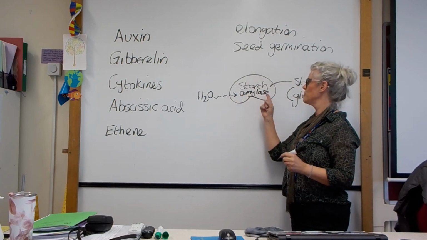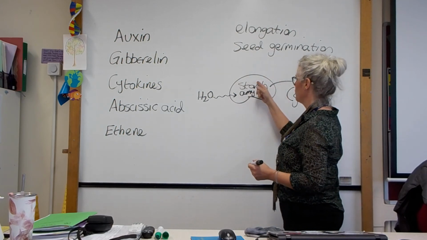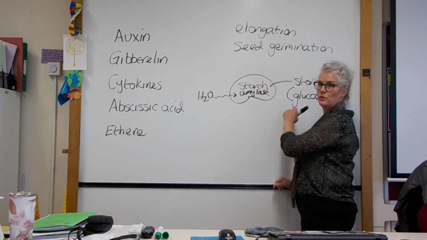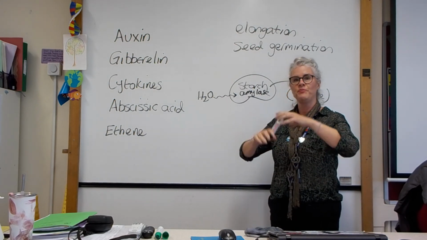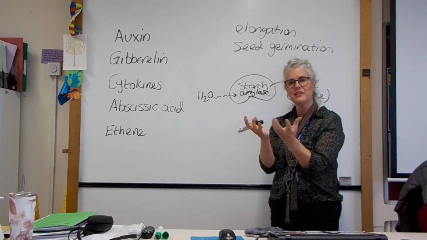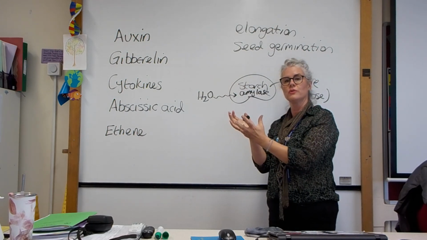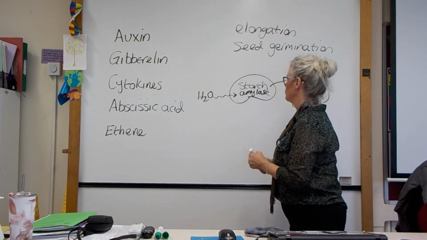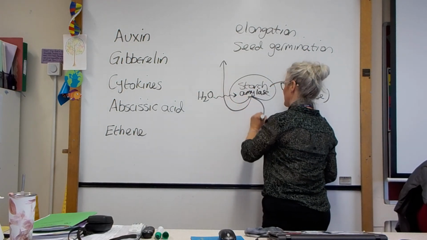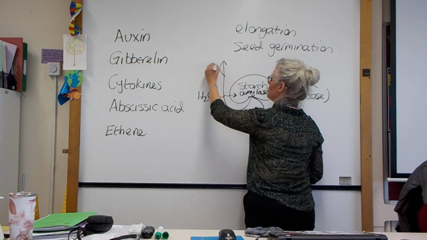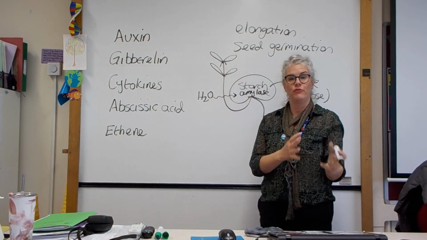Gibberellin switches on the making of this enzyme, and that enzyme is what breaks your starch down into glucose. So when water enters and gibberellin is activated, the seed can access that stored energy. It gets broken down into glucose, and it can use the glucose to grow. So it will send out that first shoot, it will send out that first root. This shoot will then start getting leaves, and then the plant can photosynthesize and